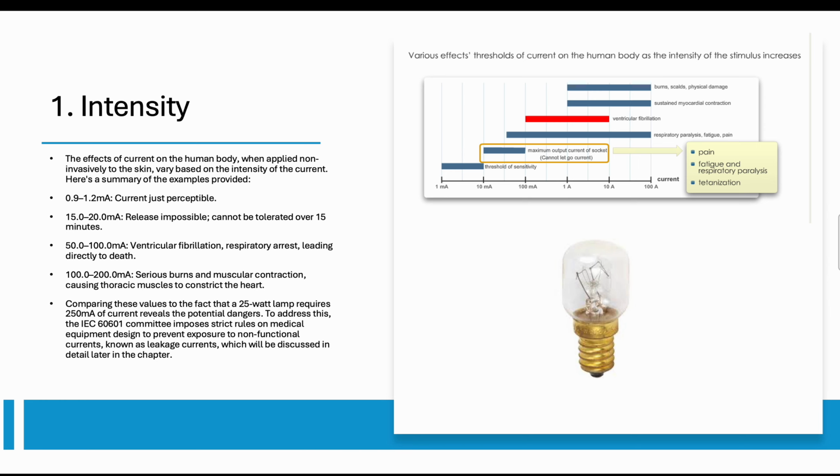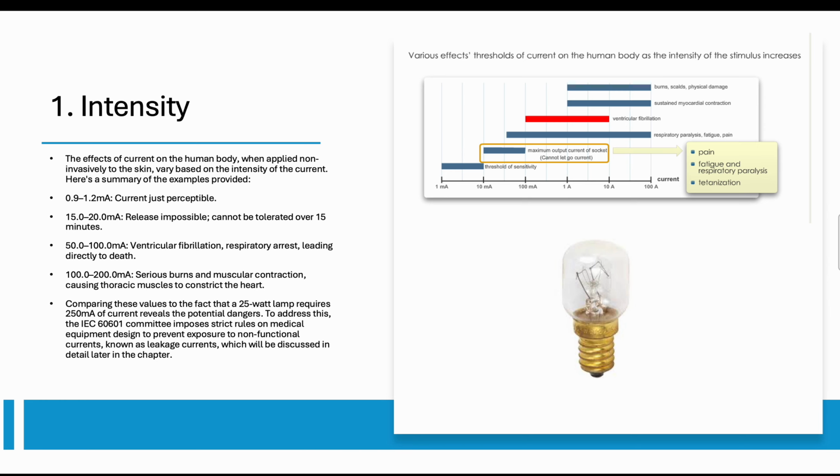So the current, when non-invasively applied to the skin, can vary based on the intensity of the current. And as you can see from that graph there, there's different threshold levels, and different threshold levels have a different physiological effect. And as you can see, the higher the current, the more severe the physiological effect is on our bodies. So with 0.9 to 1.2 milliamps, the current is just perceptible. So we could feel it, but there's not really any severe effect